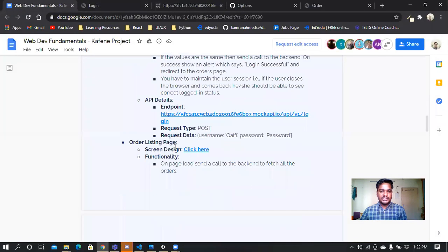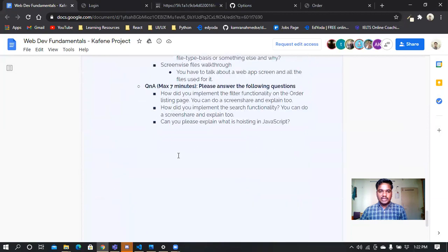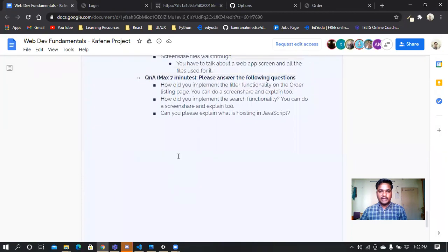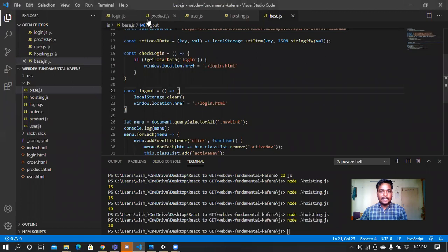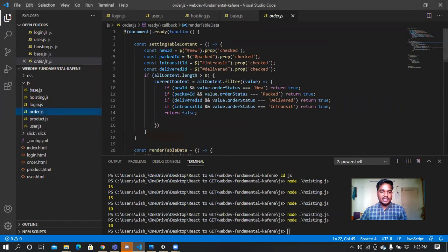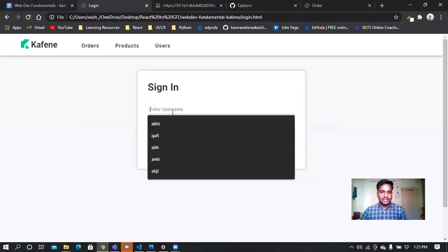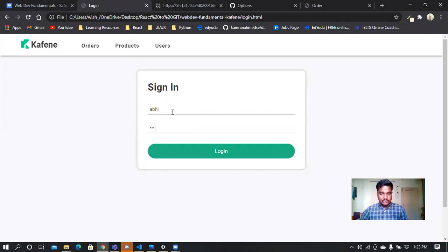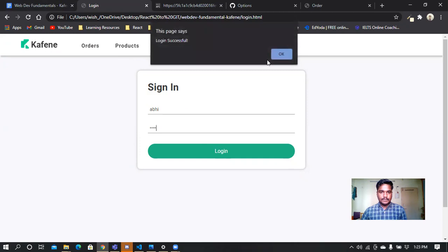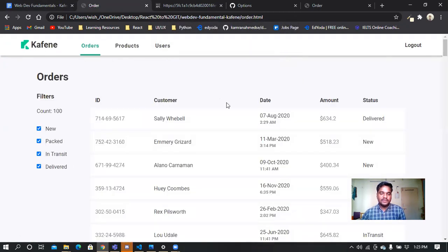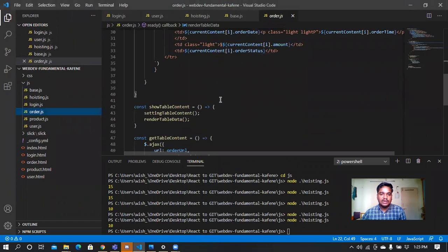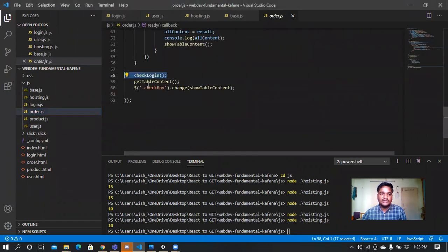Now jumping on to the questions, there are three questions which we have to explain in detail. First question: how did you implement the filter functionality on the order listing page? For the order listing page, we'll go to the order listing page JS again. We'll again go to the order function. So in the order functionality, as I've already mentioned, first we are using the check login